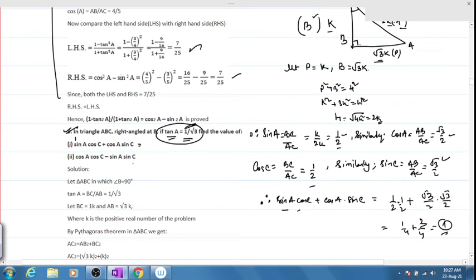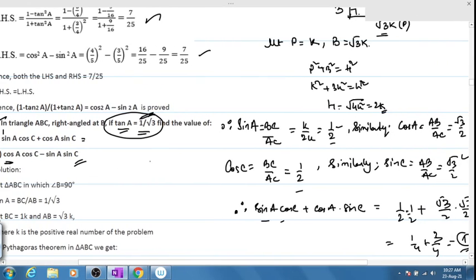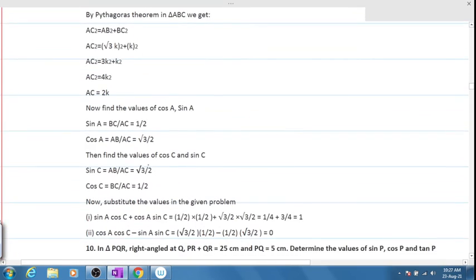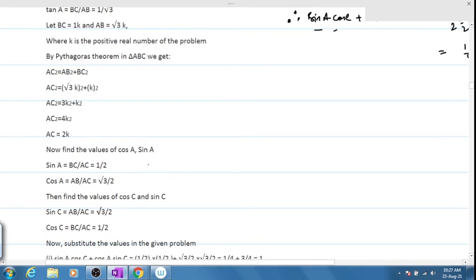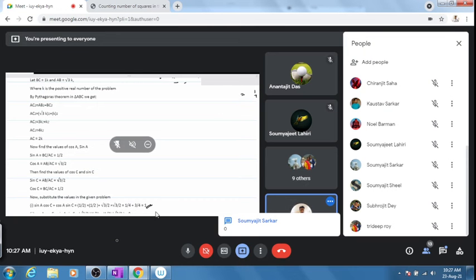Can we calculate the next part very easily? First of all, tell me the value for cos A. Everything is given only. We have already calculated everything. I don't think it will be a difficult one for you all. Kindly do one thing: copy the first one if people are not done with it, and tell me the answer for the next one.